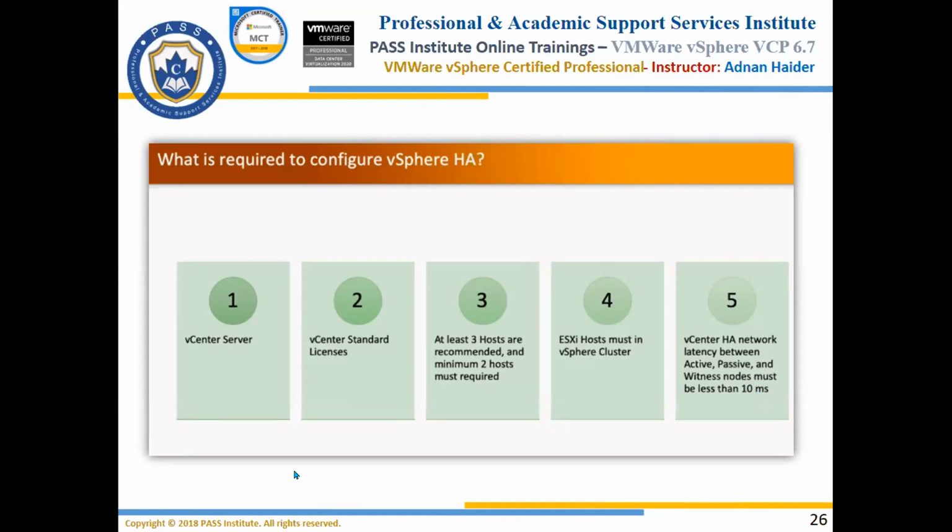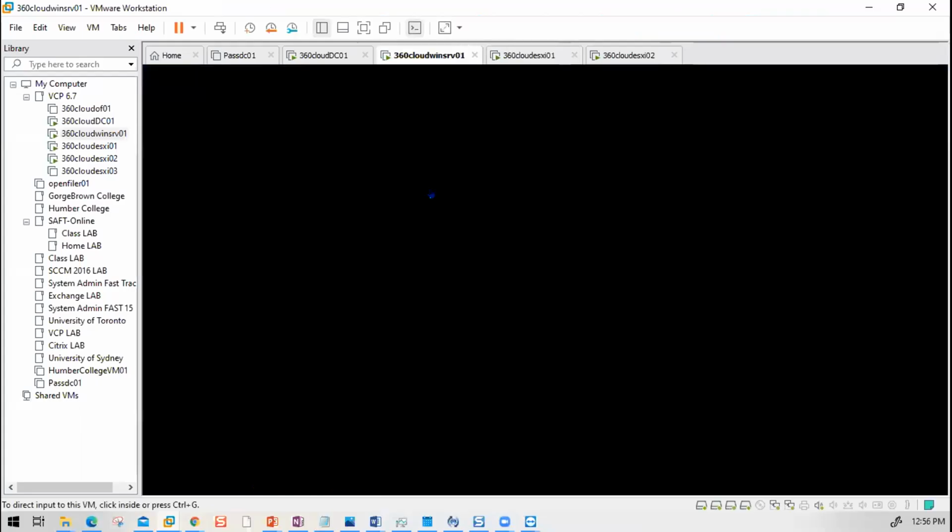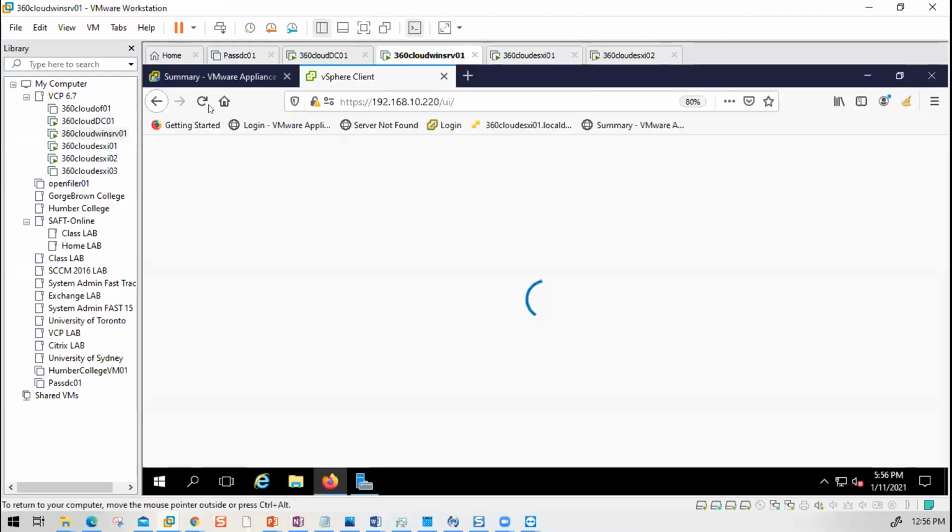Now, how do you enable this? How do you enable HA? Let's see that, guys. Keep all these concepts in mind. Number one, when we enable HA, then an election will happen, and one of the ESXi hosts will become master, and the other ESXi hosts will become slaves. So I am going back to